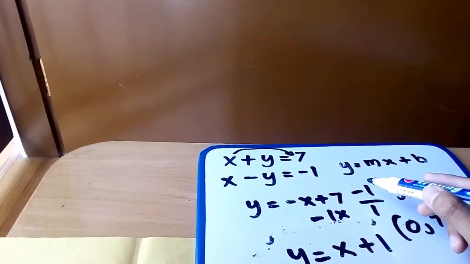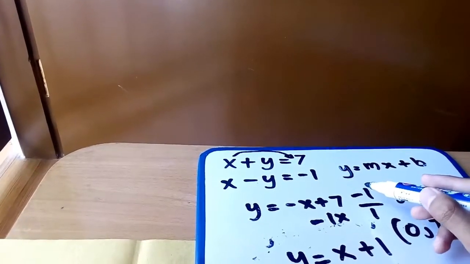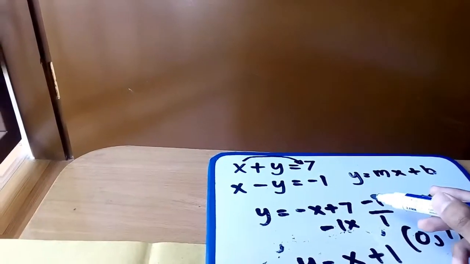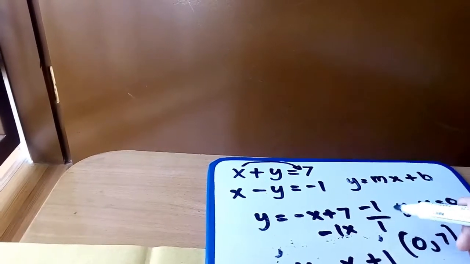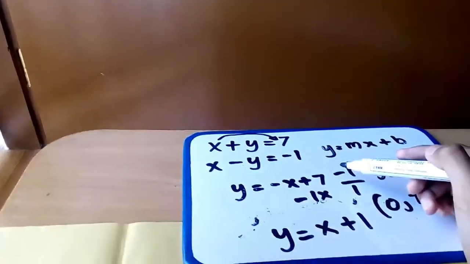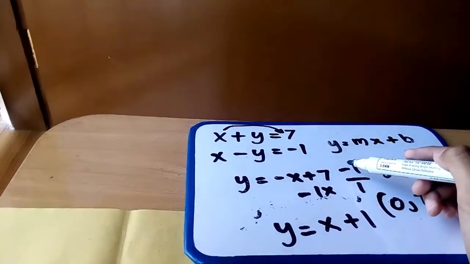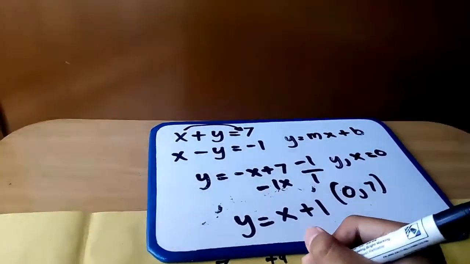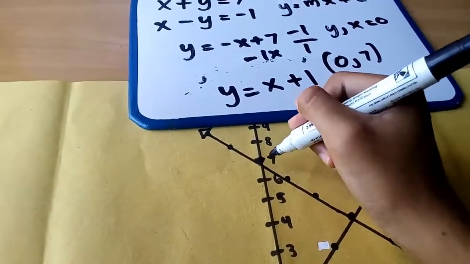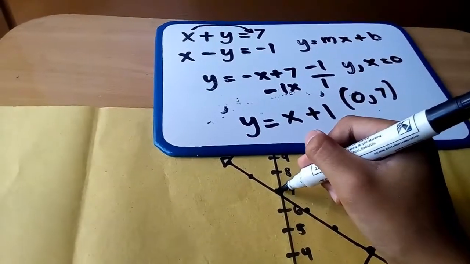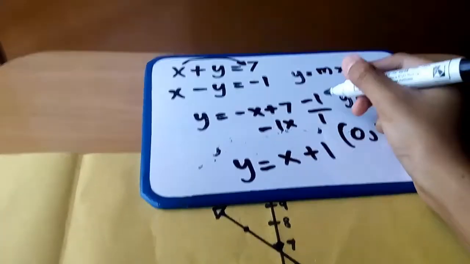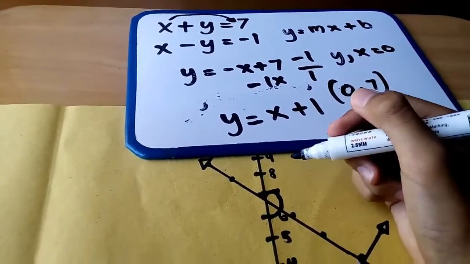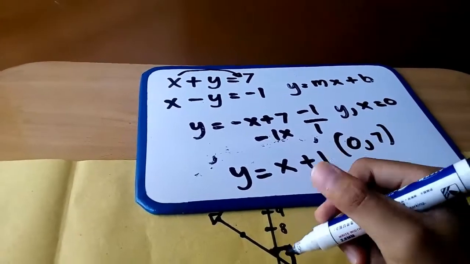So we have to rise negative 1 time, and we have to run 1 time. Since this is negative, we have to go down. So the point here, we start here, then go down by 1, since this is 1. Go down by 1. Then, since the run is 1,